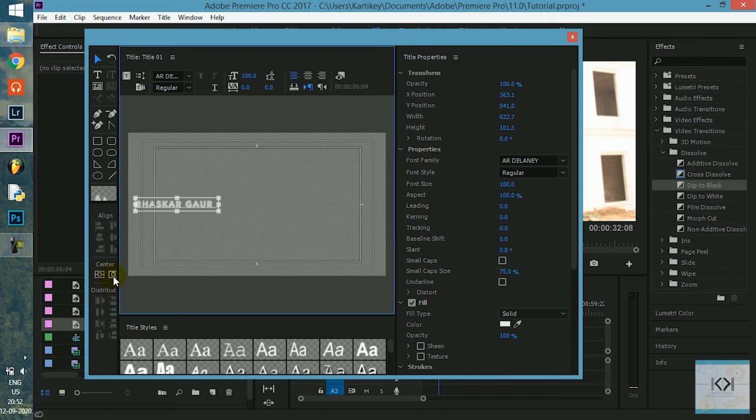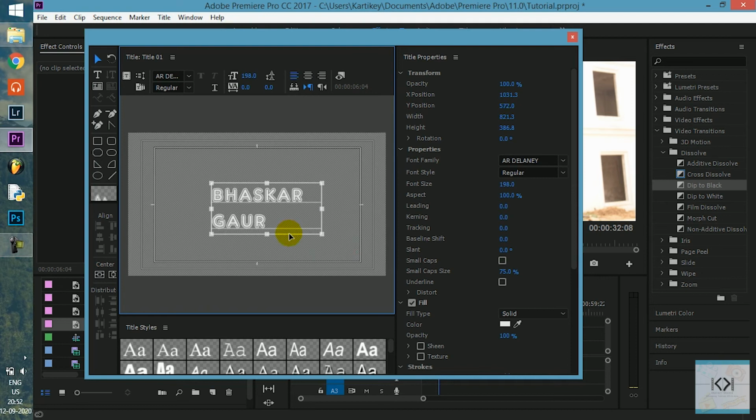Now when you press center vertically, it will bring the text to the center, and once this is in selection mode, you can increase the size of the font. As the size of the box is smaller than the size of the text you created, you need to go to the corner and drag it to make the text visible.